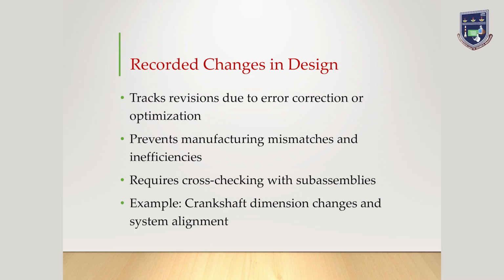Since most components are part of large subassemblies or assemblies, modifications in one part must be cross-checked with related drawings to ensure they do not create any misalignment, interference, or functional failure in the final product. Simply reviewing the changes at the individual part level is insufficient. Instead, the process engineer must assess how these revisions impact the overall system and request clarifications from the product engineer